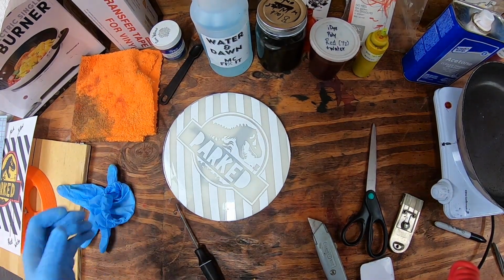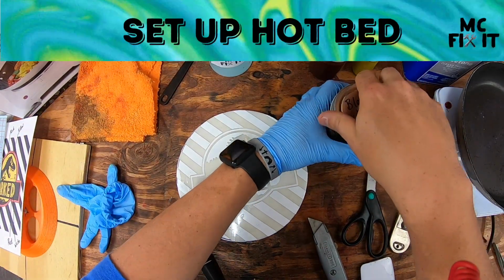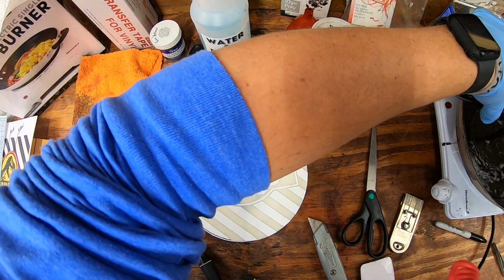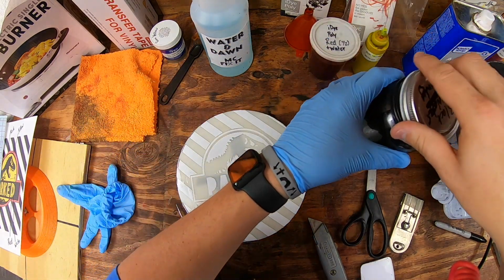Okay, so once you think you like where you're at, go ahead and get your black dye. Go ahead and pour it into your skillet. You don't need a ton. You just want to make sure the edge can be filled. Then go ahead and twist it back on